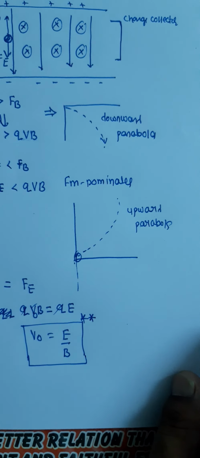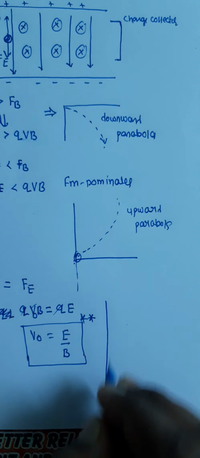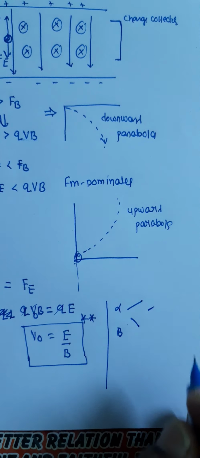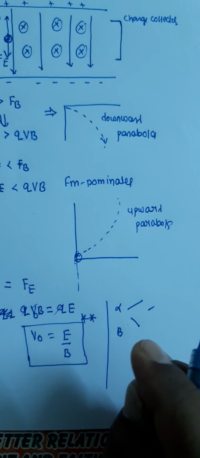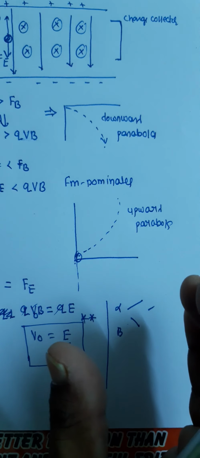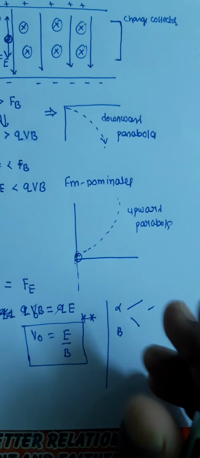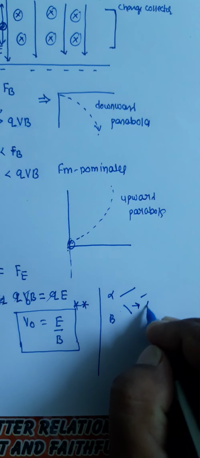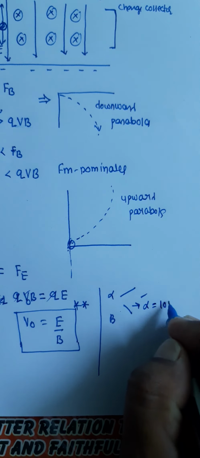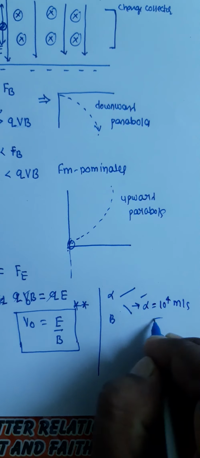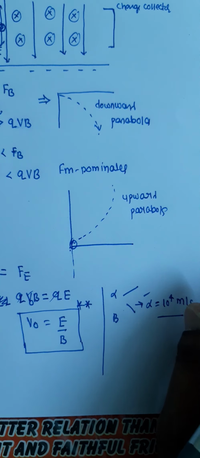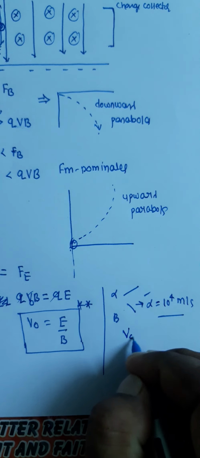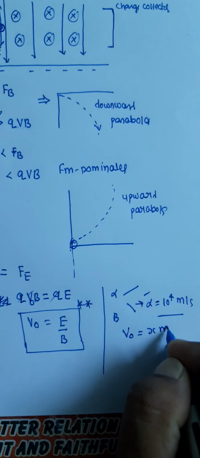It will help us to find a particular velocity. Now we will have some alpha particles and beta particles with different velocities, and our target is to catch an alpha particle with a suitable velocity. Suppose I require an alpha particle with a velocity of 10 to the power 4 meter per second, and there are so many alpha particles in motion. I know the velocity of the particle. Suppose this is x meter per second.